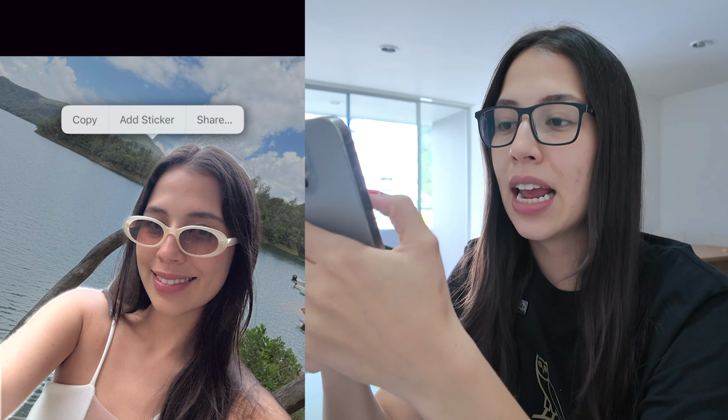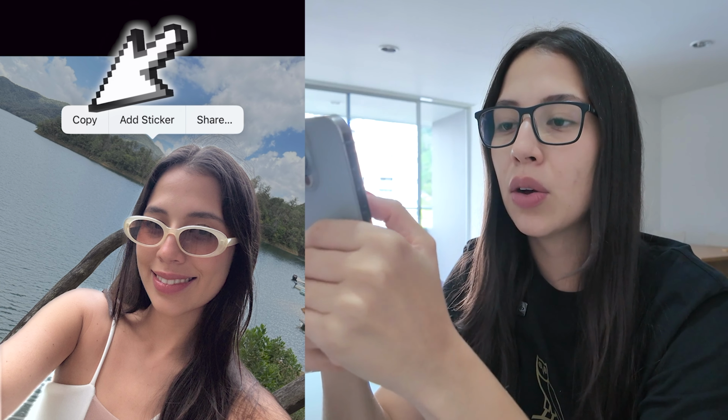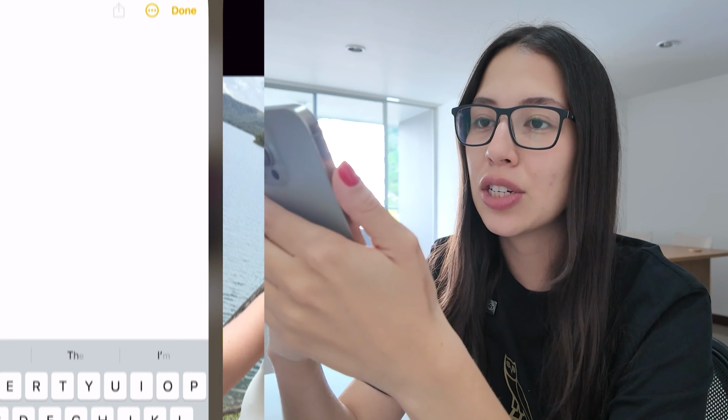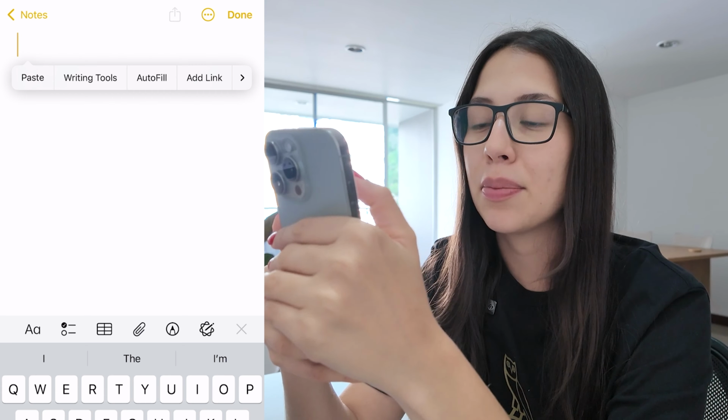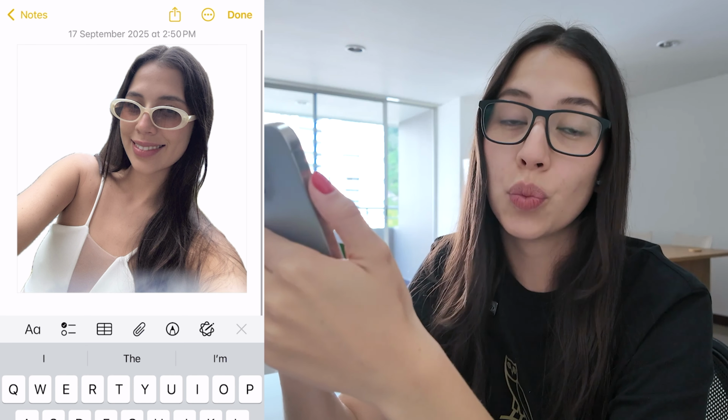So I'm going to select myself, and then I'm going to wait a second, and I'm going to see three different options. I can either copy this, so I'm going to go ahead and do that. Go ahead and select copy. And now what you can do is go ahead and paste this somewhere else. So I can do this on my notes. For example, if I open up a new note and I select paste, there I have my image without a